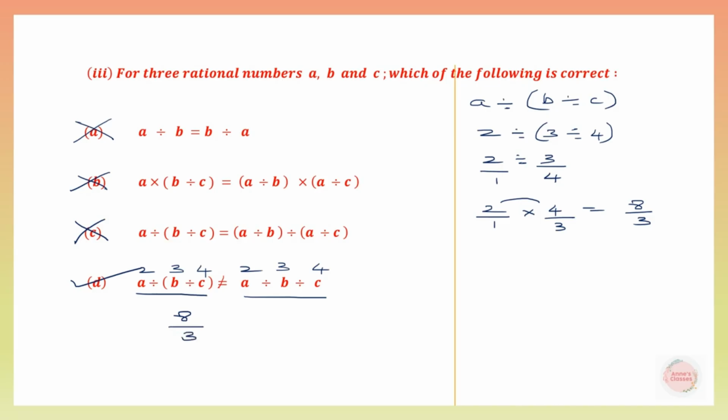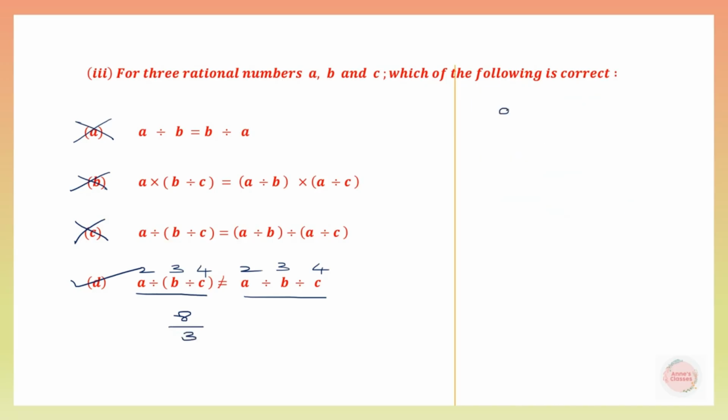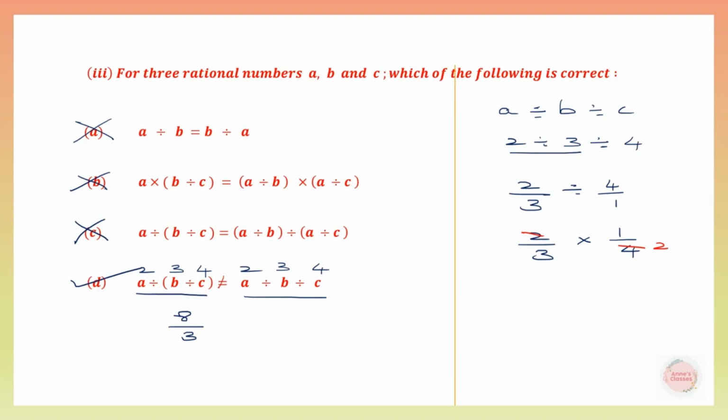Now on the right hand side what do we have? Here we have A divided by B divided by C. That is 2 divided by 3 divided by 4. So let's take this 2 by 3 divided by 4 by 1. That is 2 by 3 into 1 by 4. Cancel. So here we can cancel. 2 2s are 4. So here in the numerator we have 1. In the denominator 3 2s are 6. So on the right hand side we have 1 by 6, and as you can see they are not equal,